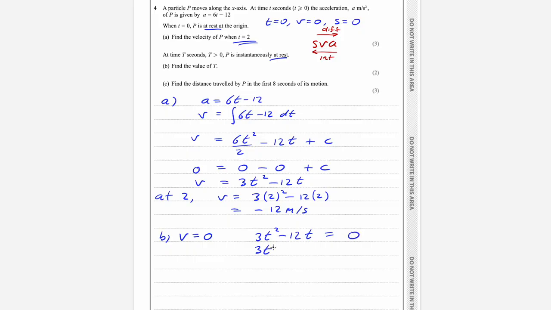Factorize this: 3t into t minus 4 equals 0. This equals 0 or this equals 0, so t equals 0 or t equals 4. We know he's at velocity 0 when t is equal to 0 from the start, guys, and he says there's another t which is greater than 0, hence capital T is equal to 4. Therefore T equals 4. Okay, part C, find the distance traveled by P in the first 8 seconds of its motion. Okay, this, guys, is slightly tricky because